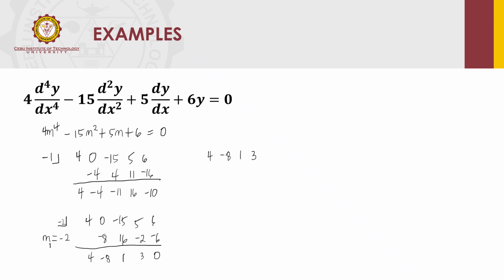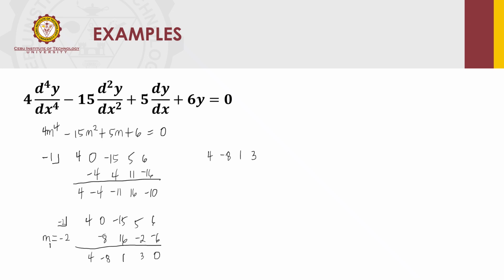So if it's initially to the fourth power for this auxiliary equation, the first number here is the numerical coefficient of m cubed. So from 4 to 3. So it's 4m cubed minus 8m squared plus m plus 3 equals 0. It's our cubic equation. After knowing the first root, we're down to 3 more roots.